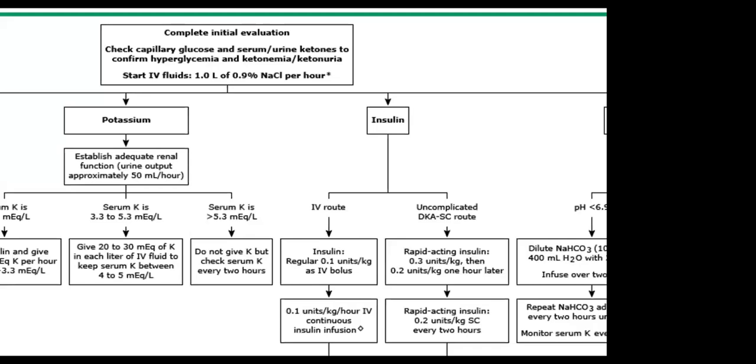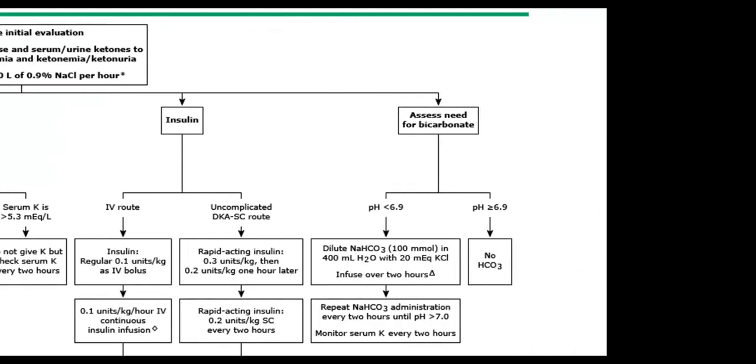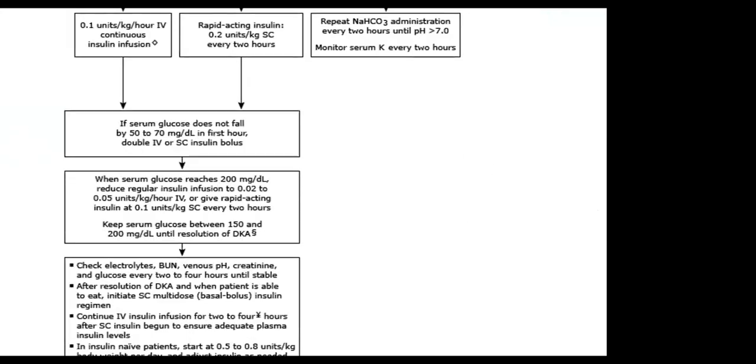So again, if your anion gap is closed, but your pH is still less than 7 or 6.9, then you can add a bicarbonate. But this has been controversial as well. Some say you should not give the bicarbonate, but others say you need to add the bicarbonate in that case. Okay, so I think that